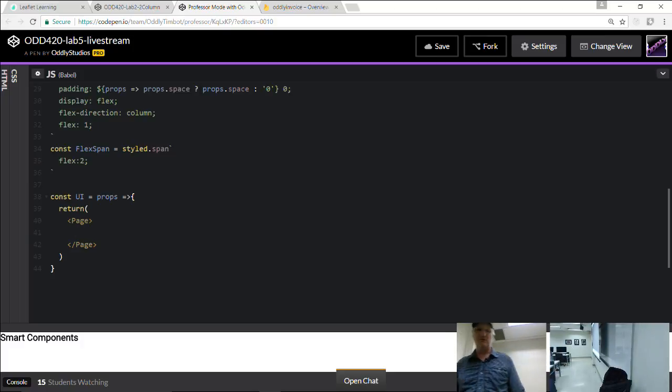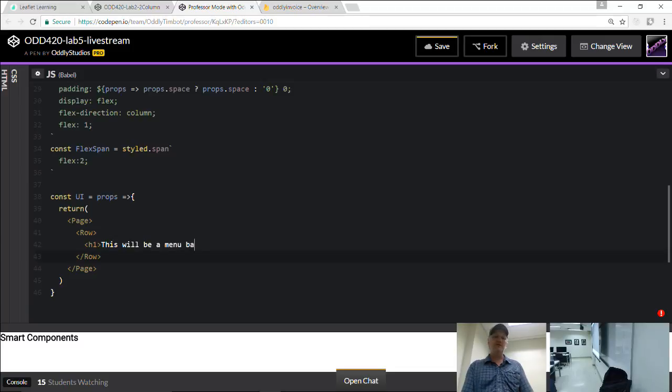And this will be able to turn into something like a menu bar if we want. Maybe for now, just so we can see what we're doing, let's put just like a little H1 or something. You're almost always going to need some kind of a menu bar, so it's good to put that in there.